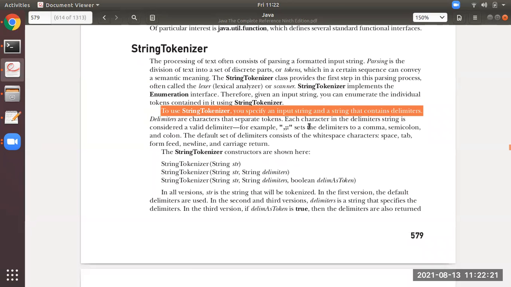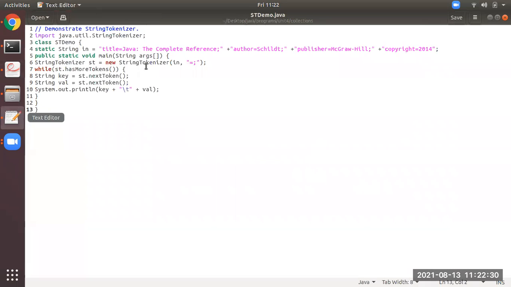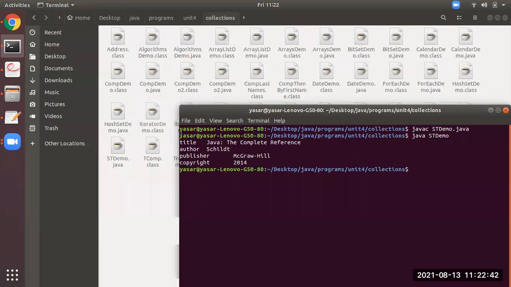To use StringTokenizer, you specify an input string and a string that contains delimiters. What are delimiters? Like over here, I have provided this equal sign and semicolon. So these are the delimiters. According to these, the data will be parsed, that is, broken down. That is the delimiter.